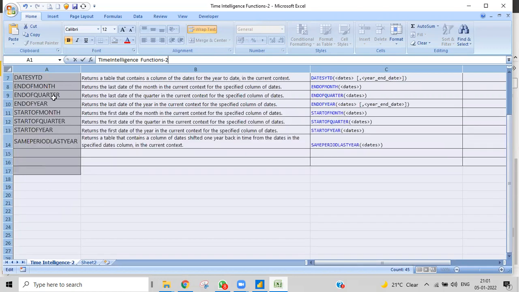Start of month and end of month return only one date, but this returns a bunch of dates, shifted one year back. Same period last year means the date will be the same, but it represents last year. We'll do that one also.